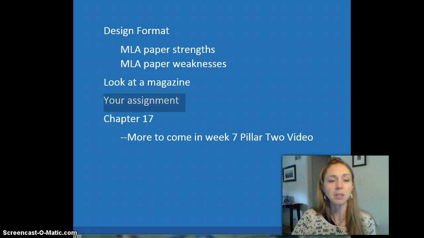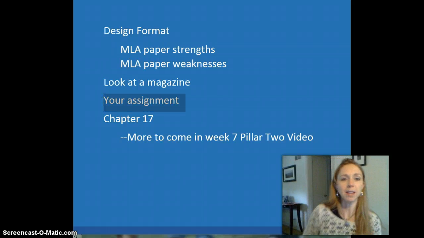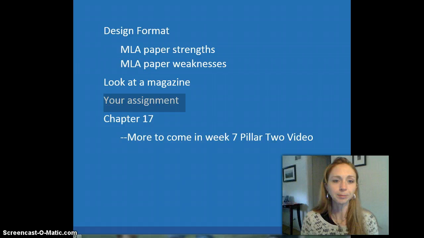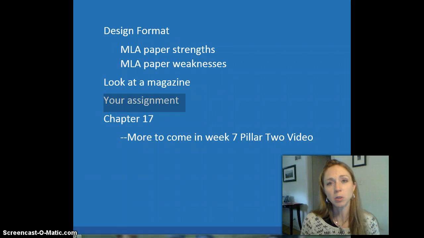You're business students and you realize that sometimes your work needs to be something different than just plain paper and black ink. It needs to be something that really draws your reader in. You've seen booklets, you've seen pamphlets, you've seen newsletters. So we're going to practice that in this class, designing